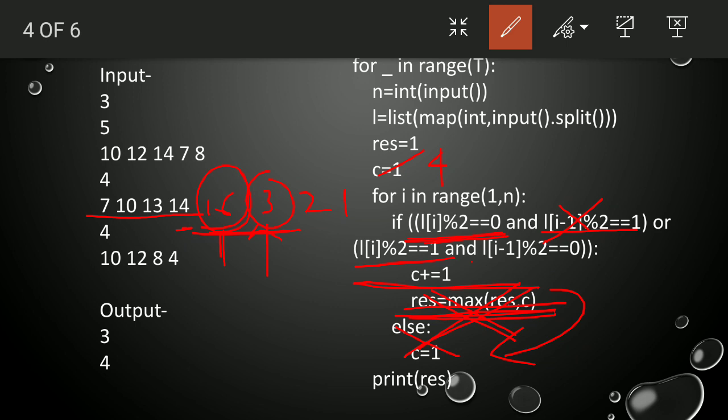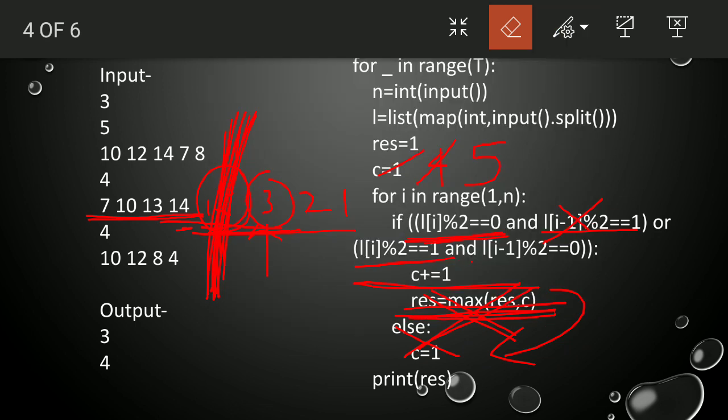So now the C value will be incremented to 5. But no, here the C value should not be incremented to 5 because the length should start from here. But it is telling that the length started from here only. So this is not in our sub-array length list, because 14 and 16 both are even, it should not be there.